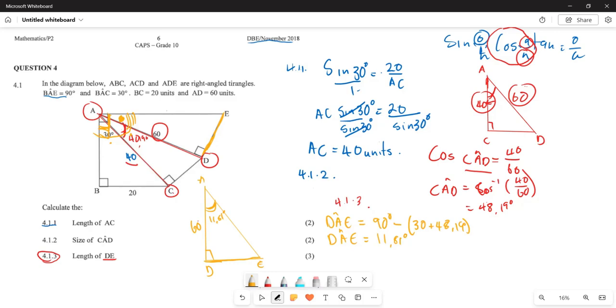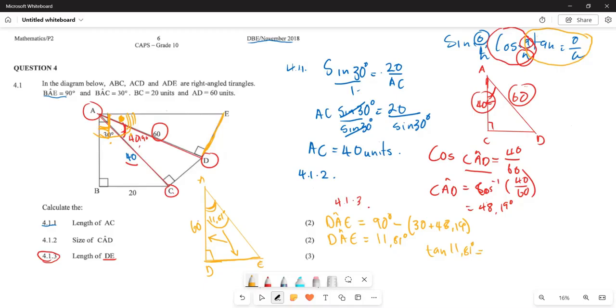Now we can be in a position to calculate your side DE. Because look, the related side is the one that you're looking for, and you have the side that is adjacent, right? So what are we going to do then? The trigonometric ratio associated with this is tan. It's tan, right? Which is opposite over adjacent, which means we are going to say, look, tan of